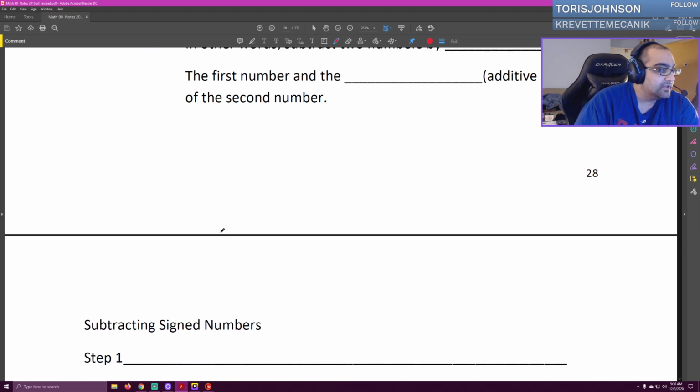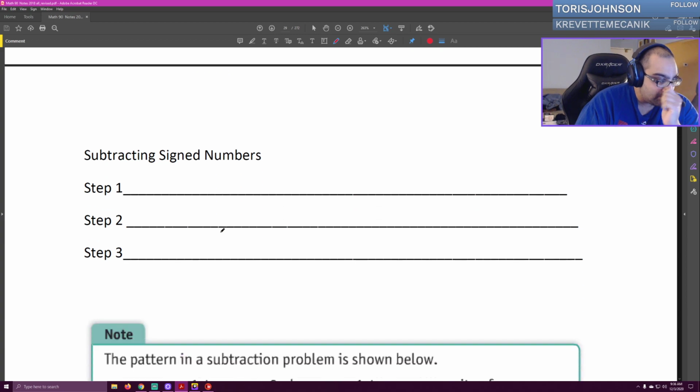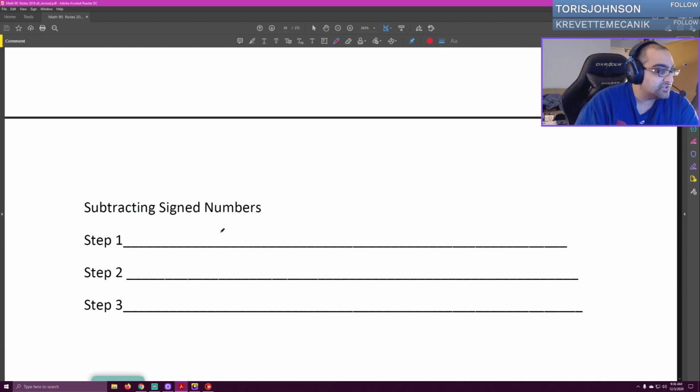Okay, so let's take a good look at how to subtract signed numbers. There are only two techniques that I really want to talk about here, because at the end of the day, we talked about how to add signed numbers together. And what if we could take our subtraction and then